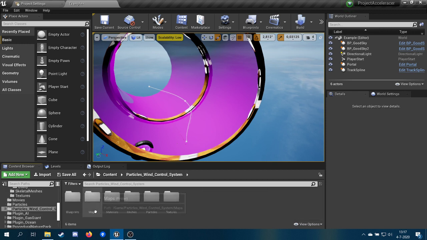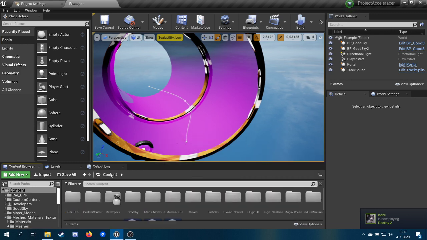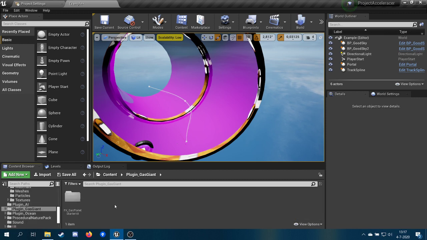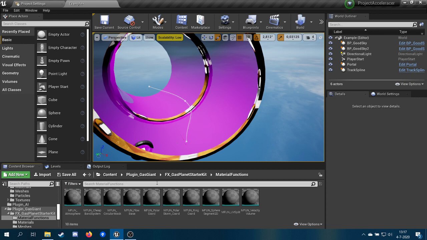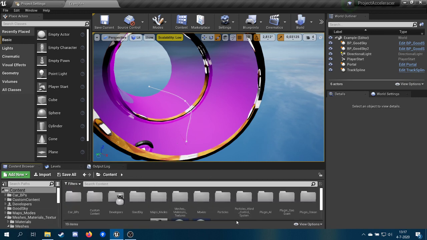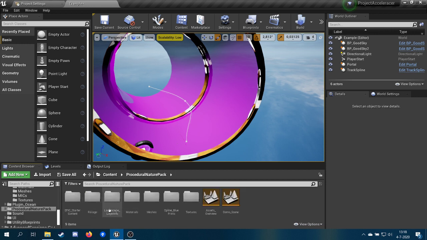If you want to have some special particles, we do have the snow and leaf particles and some other stuff in here. We have the gas giant stuff in here. It's quite complicated stuff. Won't really go into that unless it's really requested. But at the same time, you can just duplicate Cosmic Realm and move it to the custom content folder, and that would work too. You also have the nature pack, which would have